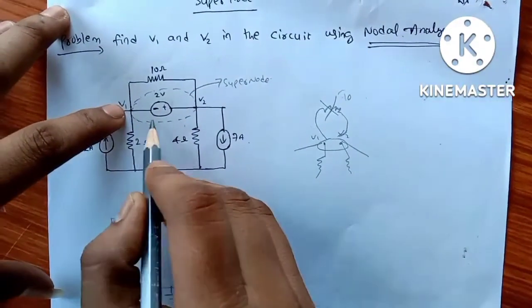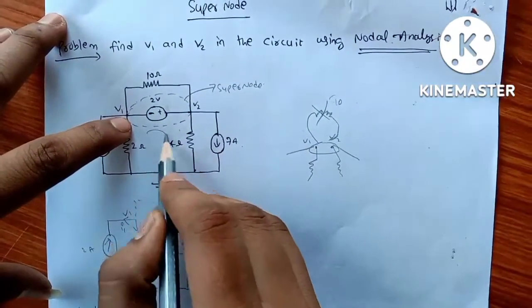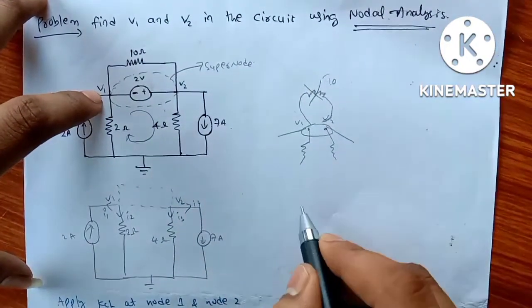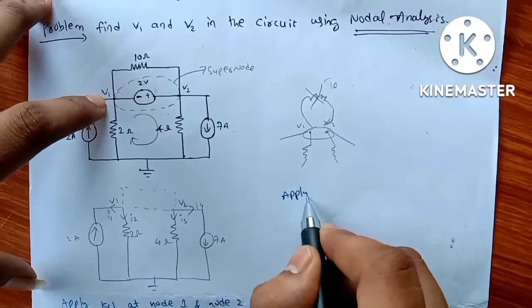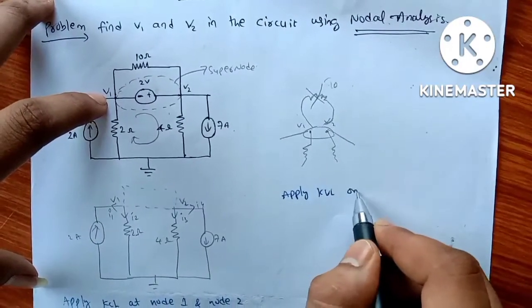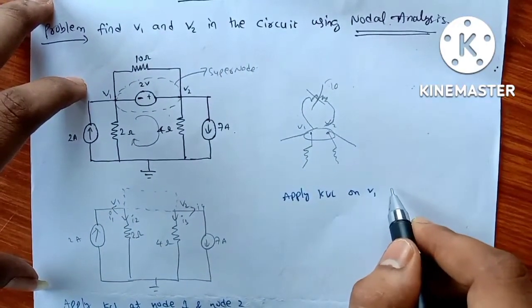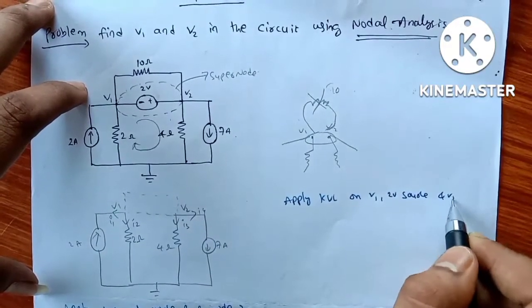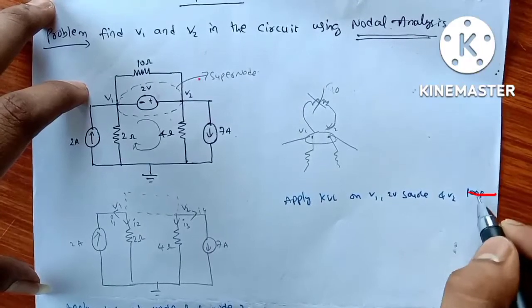If we apply KVL in this loop, on the V1, 2-volt source and V2 loop, then we get,